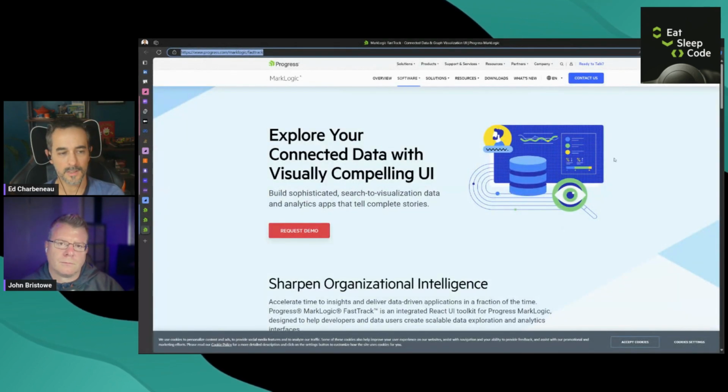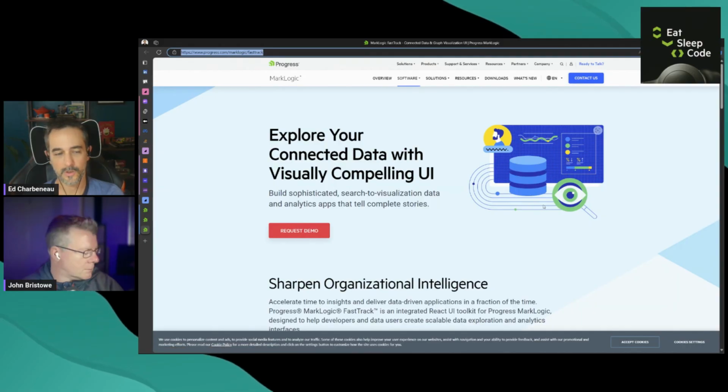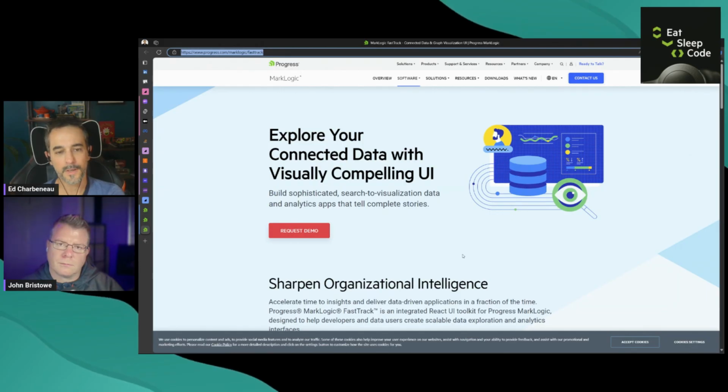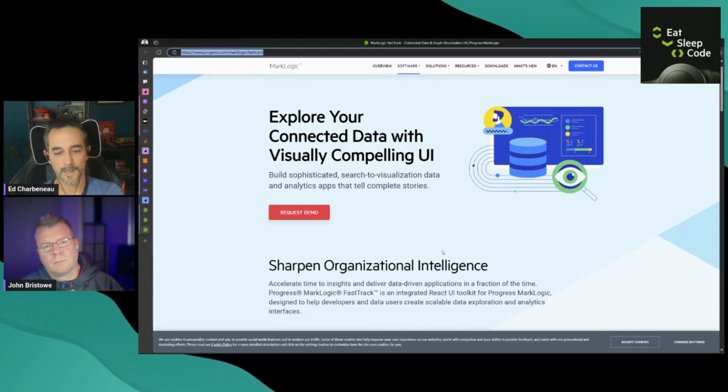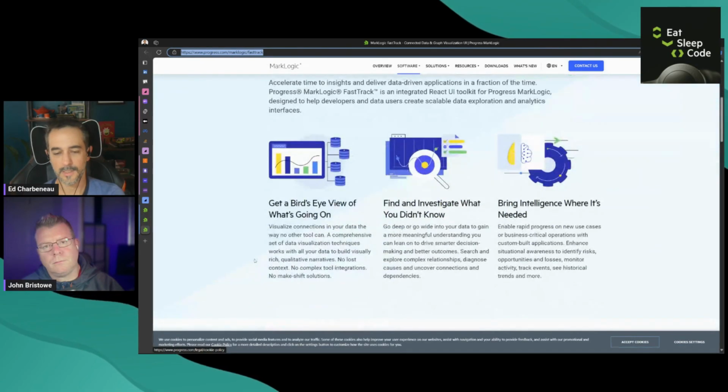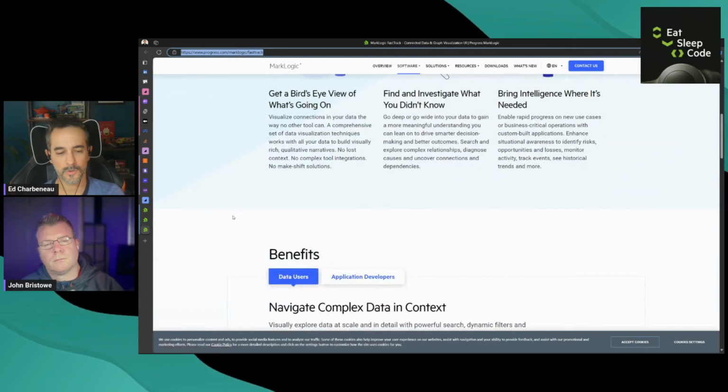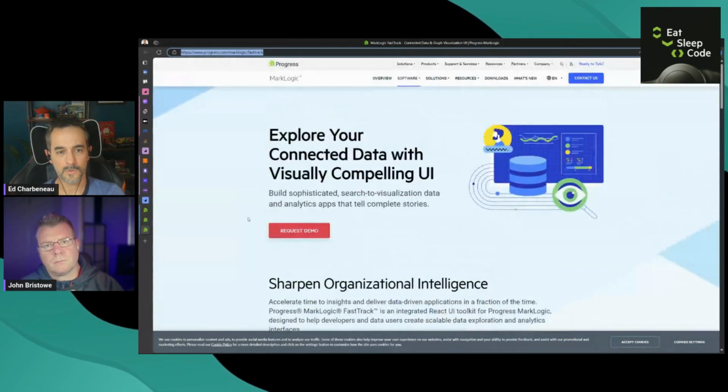And then on top of productivity, we've got MarkLogic, which is another product of Progress. And the TLDR of it is it's a document database that is highly secure. So you can think like healthcare, government, that type of user. And we released what is called the MarkLogic Fast Track,